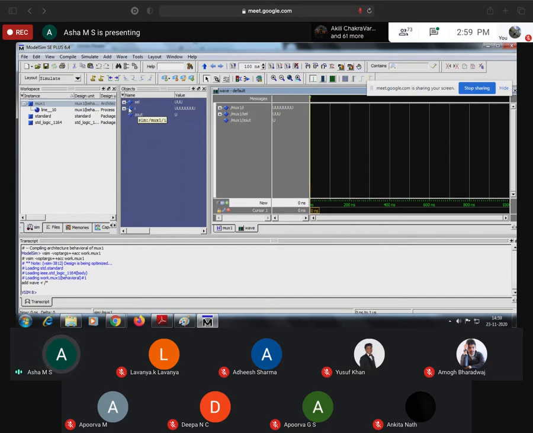Z out you should not change. The Z naught will be given by your program, correct, right? So you just need to change the selection line and the input line. So here also you can see IN, selection line, here also you can see selection line. Please guys keep it in mind, you are going to change the input values under the objects. Wherever you can see the variables under the blue color, that is the place you can change